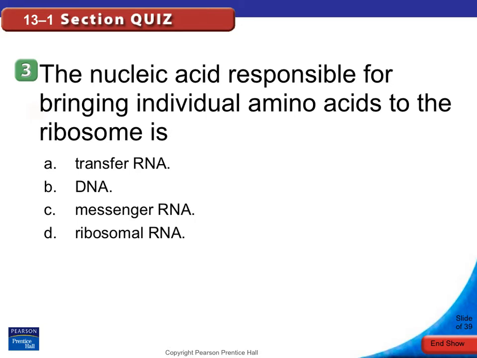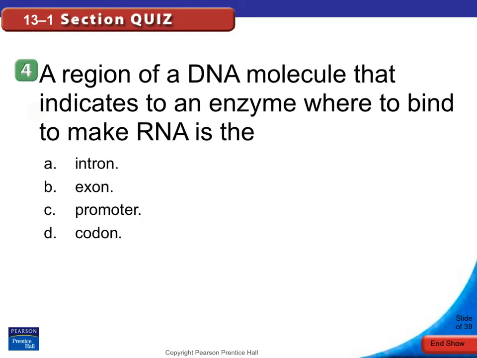Number 3. The nucleic acid responsible for bringing individual amino acids to the ribosome is. Number 4. A region of a DNA molecule that indicates to an enzyme where to bind to make RNA is the